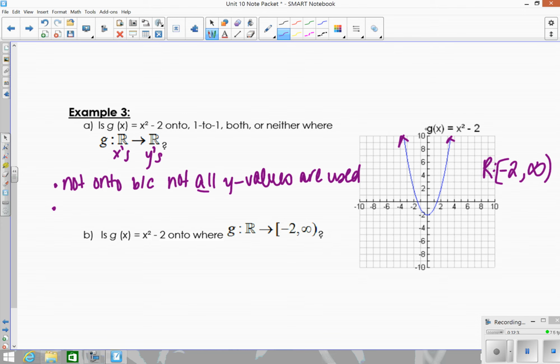But when you move up and down the y-axis, let's say at y equals 6, I actually have two x values. I have an x value here and I have an x value here. So that tells me that this cannot be one-to-one, because I have two x values that have the same y value. Or for each y value, there are multiple x values. So this is not one-to-one